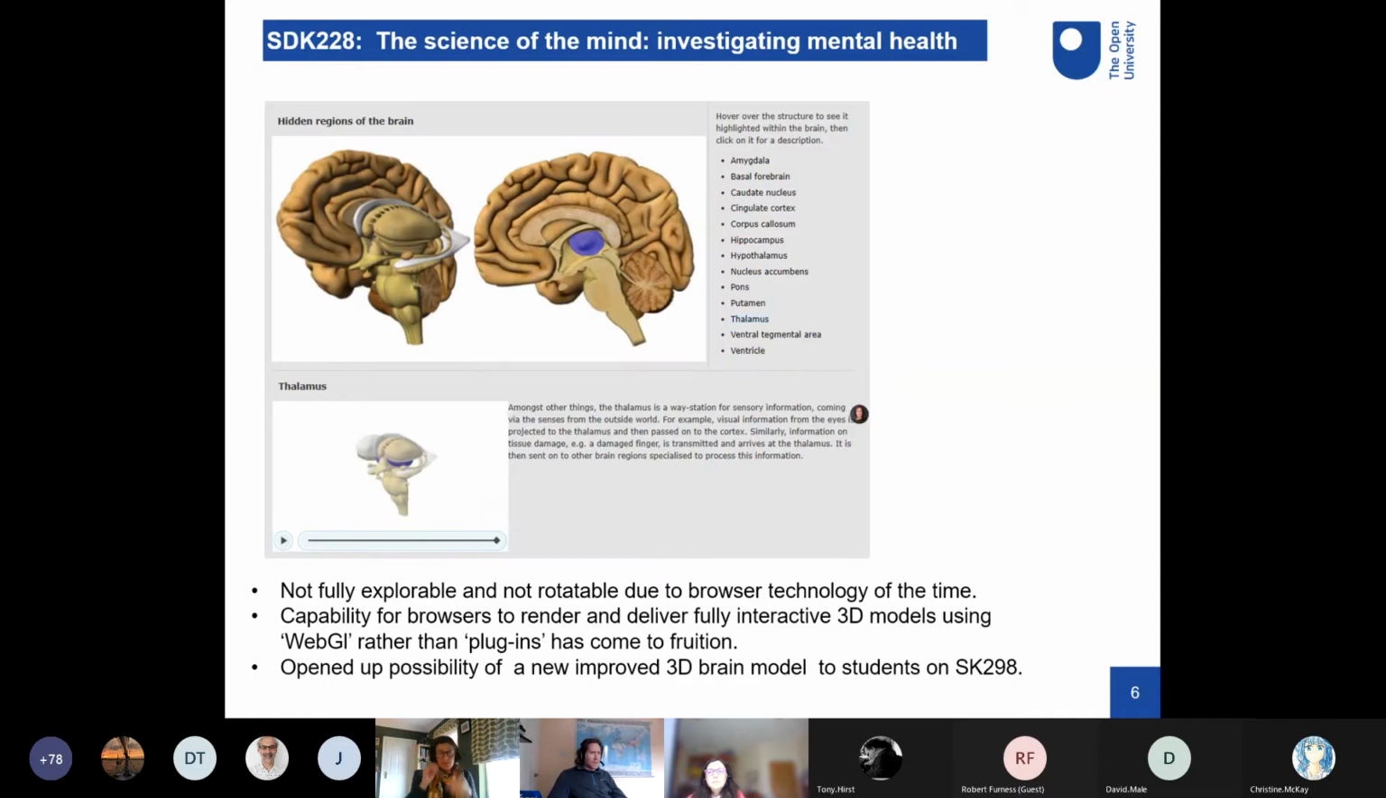So a digital 3D model was produced for the predecessor module of SK298. This was a module called SDK228, and this is the type of resource that students were given access to. It was a slightly interactive model. Students could play around with it. They could click on brain regions and get information about those individual brain regions,